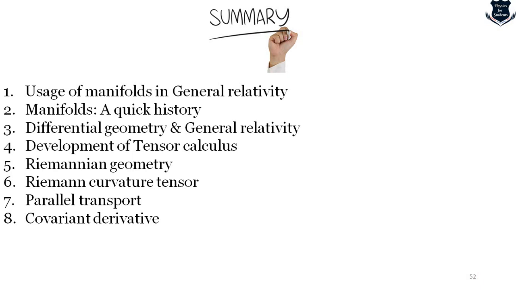So, okay, what is the summary of what we have learned in today's video? We have learned the usage of manifolds in general relativity. We have also understood manifolds. We have seen an interesting history: differential geometry, how it was independently developed and then used in general relativity. Development of tensor calculus. What is Riemannian geometry? What is the Riemann curvature tensor? How it happens in parallel transport, and how the covariant derivative is a tool for understanding those parallelly transported